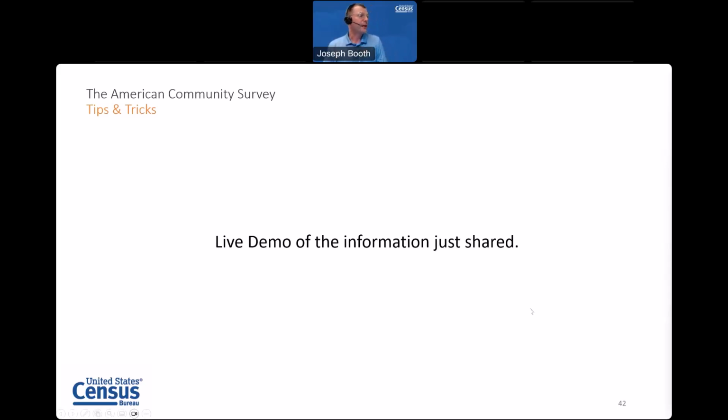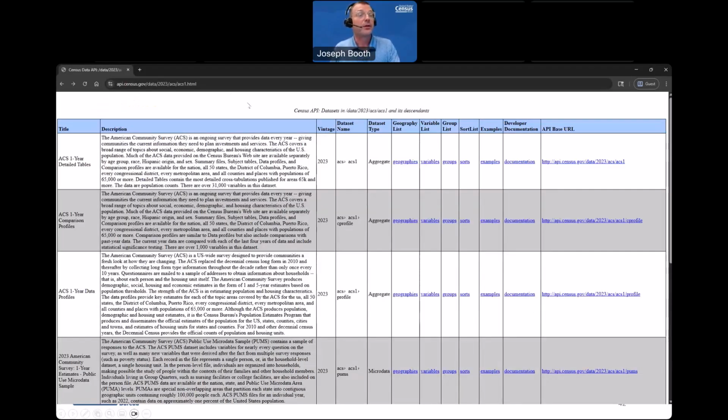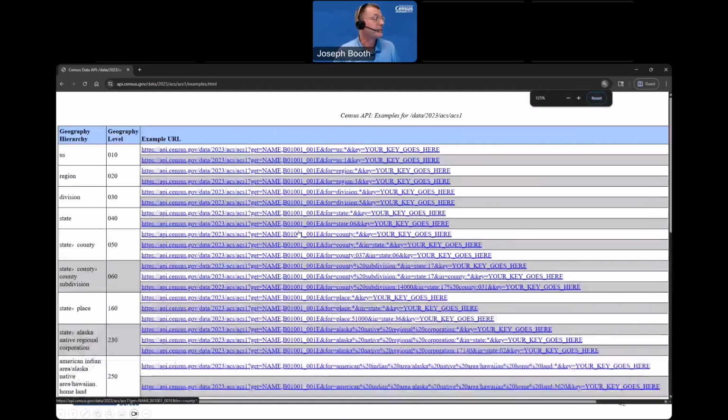And as you can see, I am still here on our endpoint. The first thing I'm going to do is, on the detailed tables row, click examples, and take a look at the county here. You can see we have an example. We're going to look at table B01001, and this is the variable, row 1 for E. I'm going to click on this, and you can see here is where you would add your key if you're doing over 500 requests or not. So I'm going to click on this and open up the endpoint.